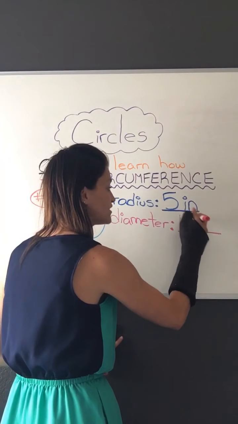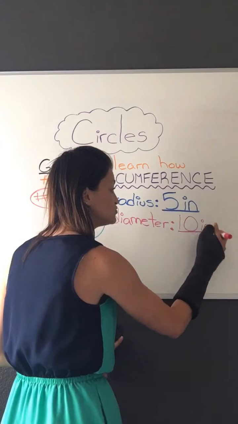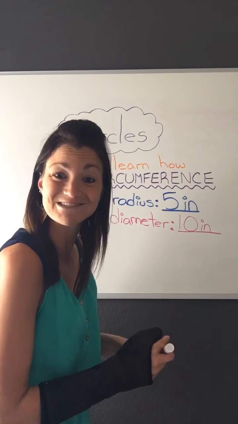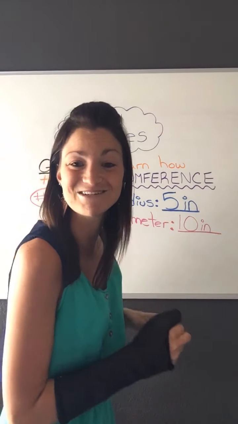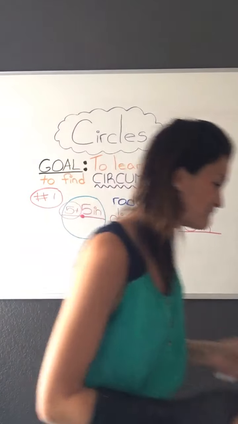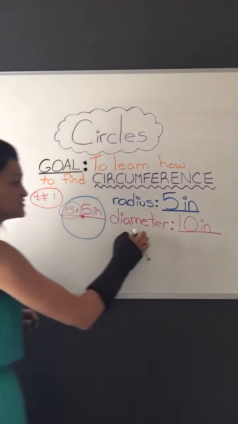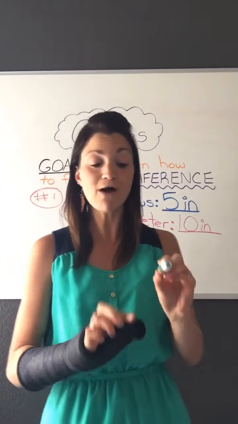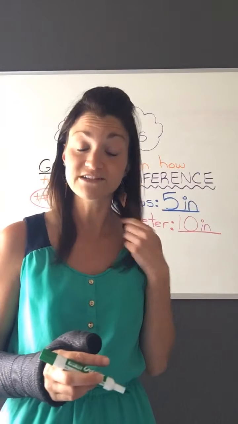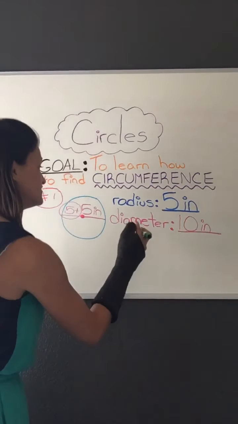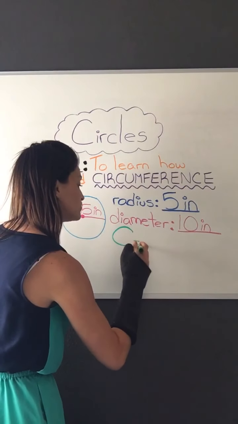If some of you out there said I didn't add, I multiplied by 2, well then kudos to you, because that works as well. That's the great thing about math. You can use whatever way suits you best, okay? Now, we have our radius, 5 inches. We have our diameter, 10 inches. Circumference. The formula that you need to figure out circumference is circumference equals pi